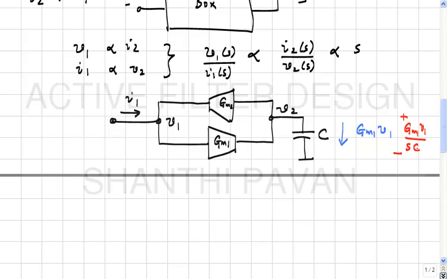All right. If this is the voltage, what is this current? This current must be, so I1 happens to be minus GM1 V1 by SC times GM2, okay, and therefore